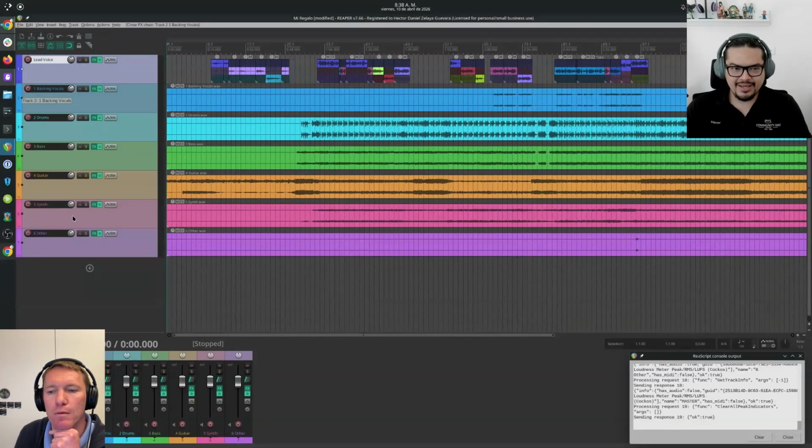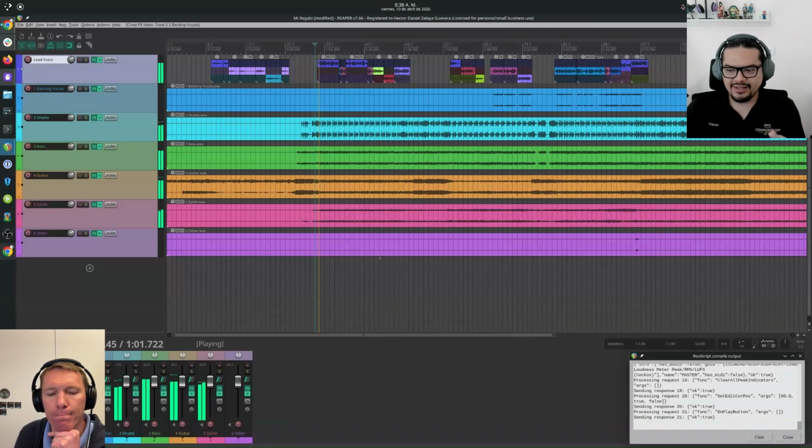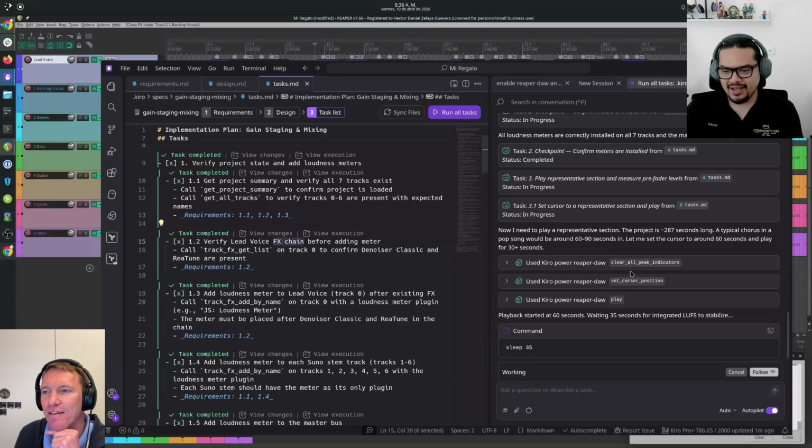And in this case, since it's calling tools that translate into actions in Reaper, it's going to take more or less the same, but you are able to do other things while you are waiting. Now, it's not going to take 10 hours. That's for sure. But yeah, it will take some time.